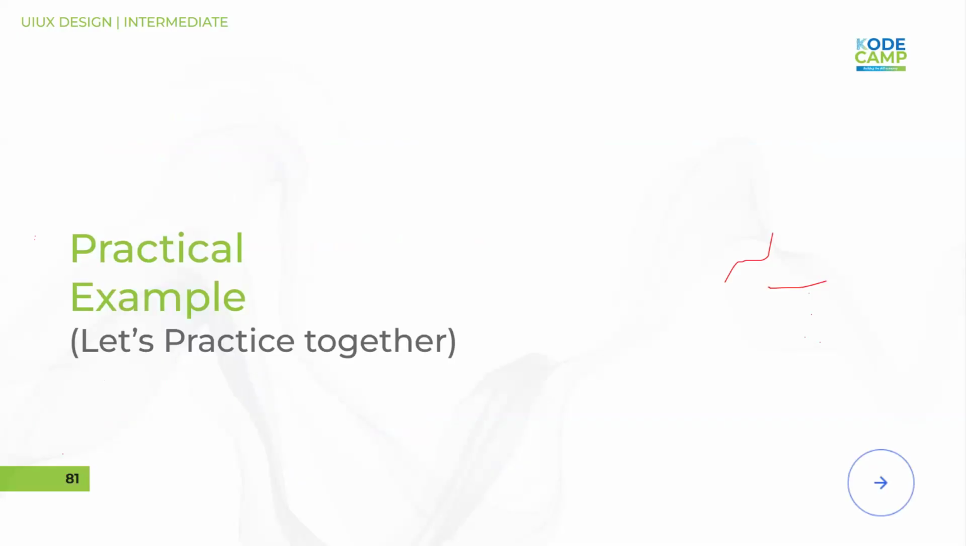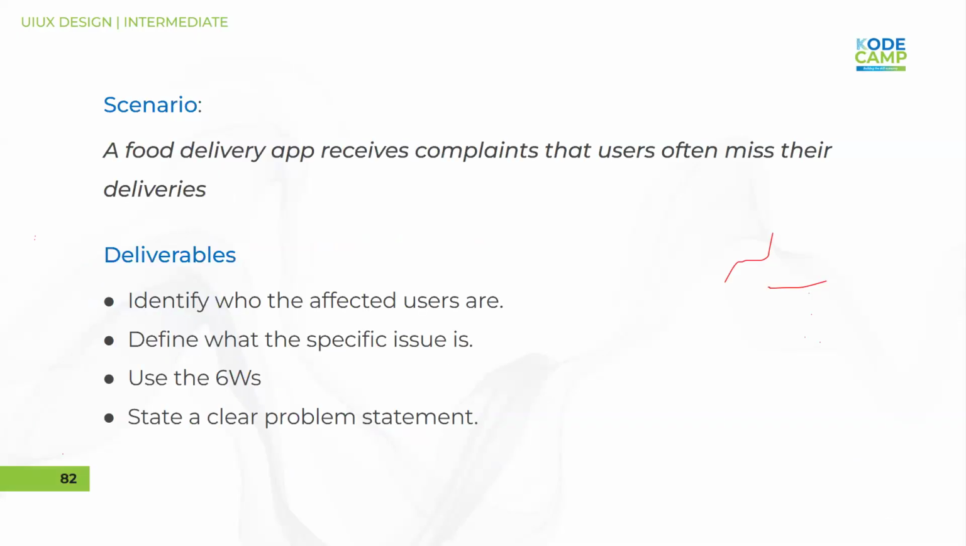I have been the one telling you all this. I've been the one narrating the story. So now let's look at a scenario. We are to write a clear problem statement: a food delivery app received complaints that users often miss their deliveries. So what are the deliverables of this scenario? Identify who is affected, who the affected users are. Identify what the specific issue is. In this, you have to use the 6 W's,